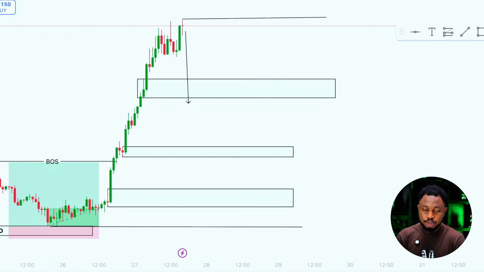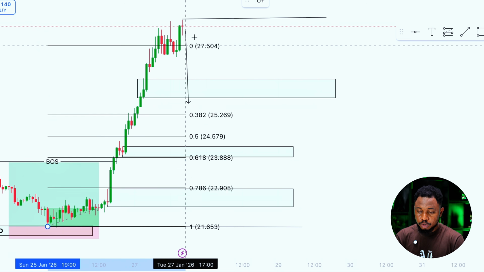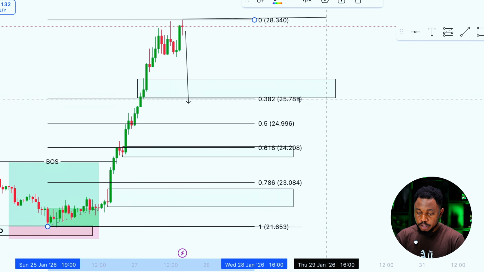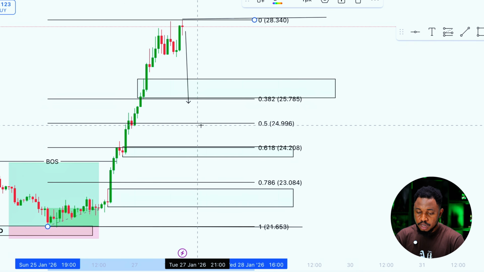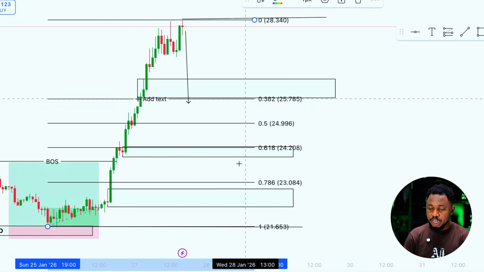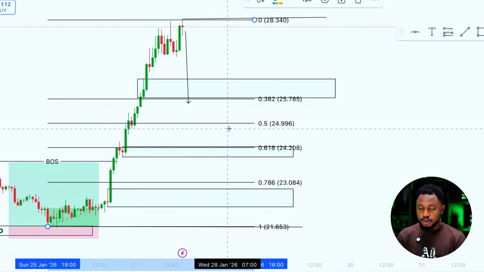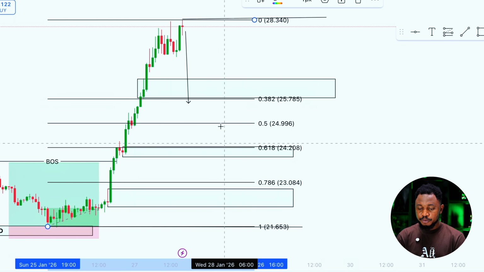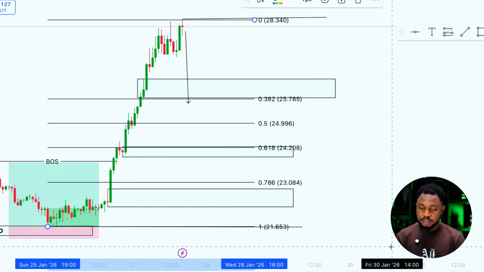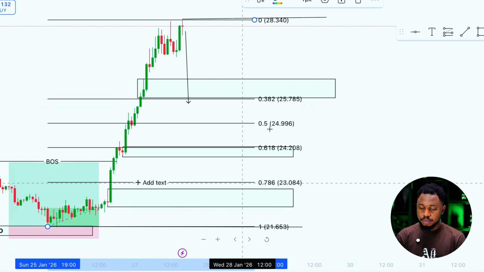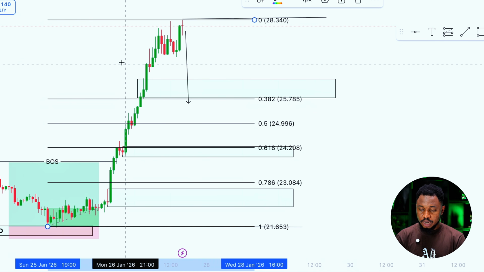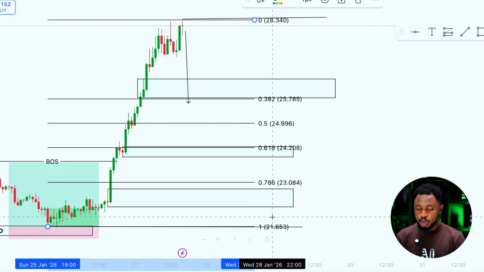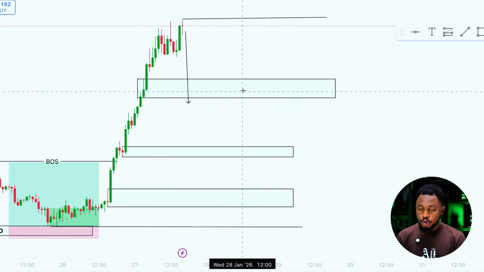sometimes I can use Fibonacci retracement to draw from the lows to the highs, and basically focus on the demand area or supply area within the 0.5 region down here. So anything down here is preferable for me. It gives me a better risk to reward, and it's much better in terms of the market. So I might want to stick with any of these ones here, but I'm only going to go for